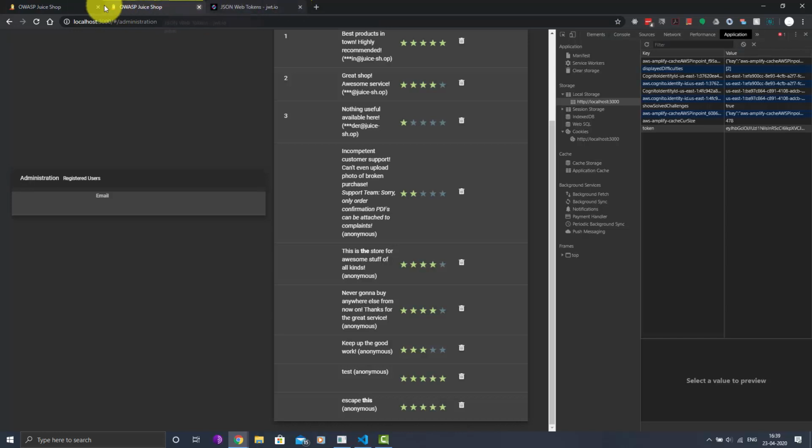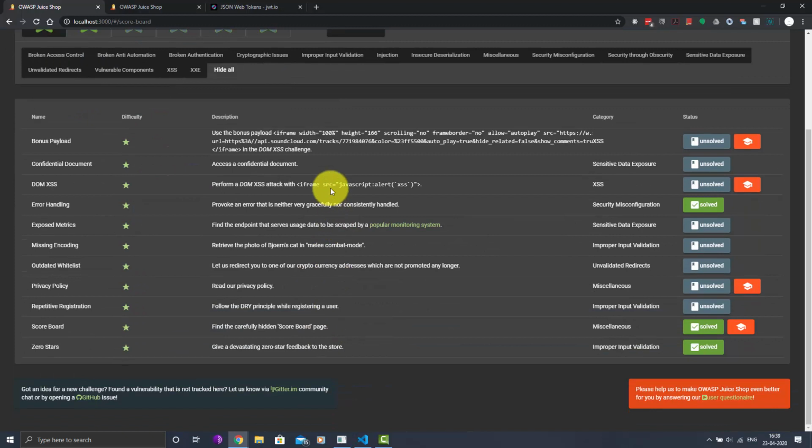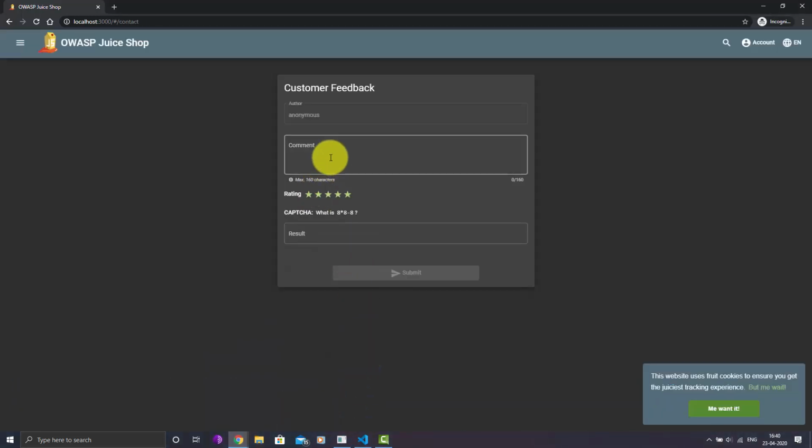All right, so the challenge was to run this bit of HTML. So I'm going to copy that over here. This is a nice website. So we're just going to put in some content that is very simple and innocuous, and along with that we're going to put in this dangerous payload. 8 times 8 is